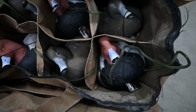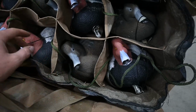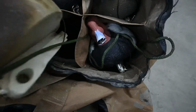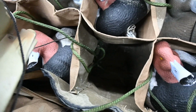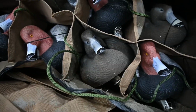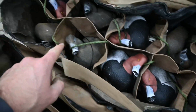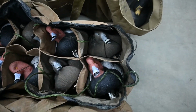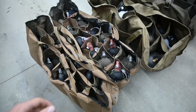But then the way that they're strung out through the bag is I just grab that clip, shove it in the bottom, and then just put the line in under the decoy. So it's down in the bag, and you can kind of see it right there. And then I just slide the decoys in. So that goes from slot to slot all the way around in a U pattern. And that helps really get these decoys out quick, because then you don't have to worry about clipping the lines